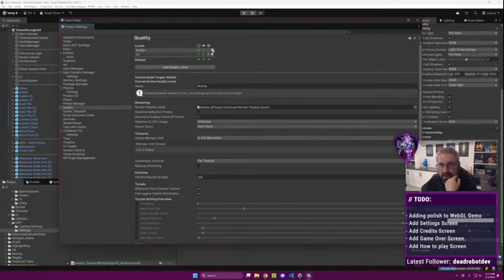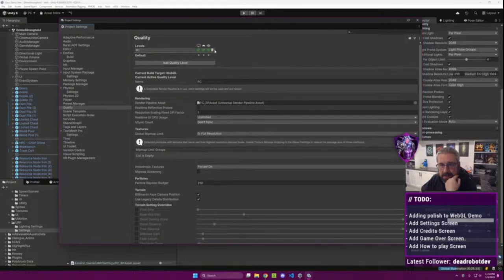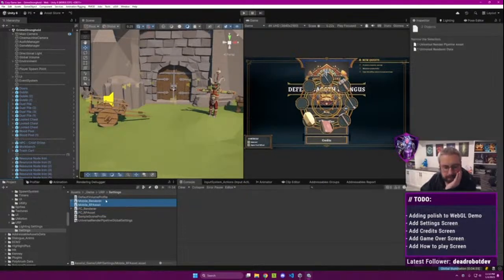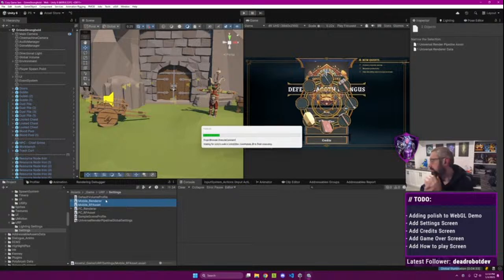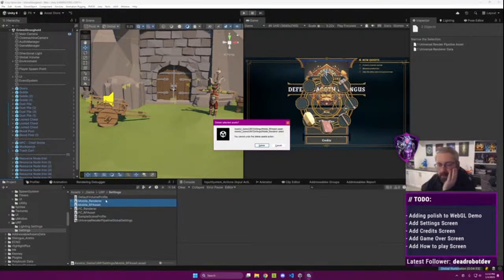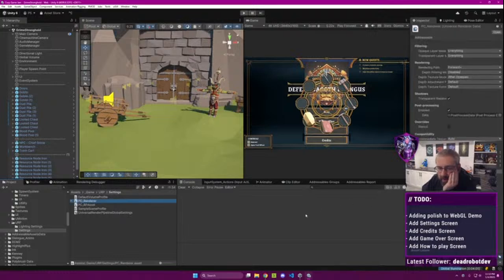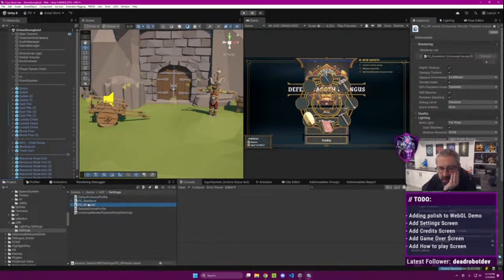Yeah, let's just trash this. We're just gonna say everything's using the PC. Okay, so let's get rid of mobile. So we have one renderer, one asset,